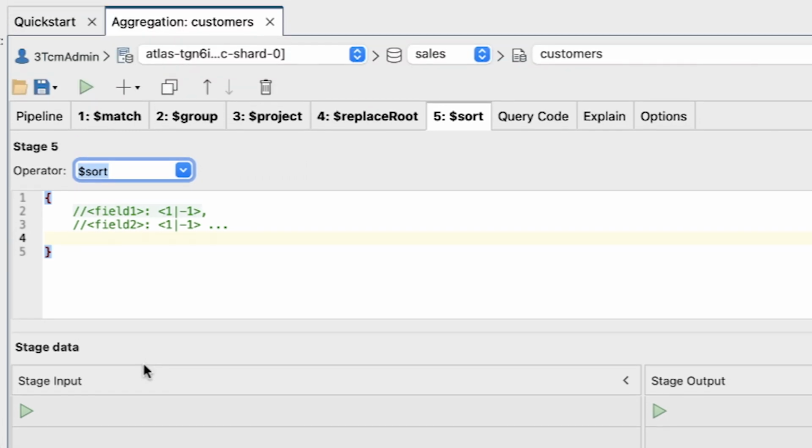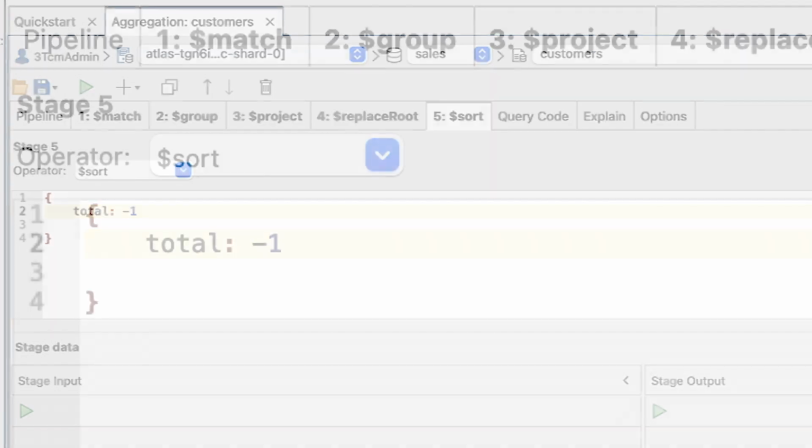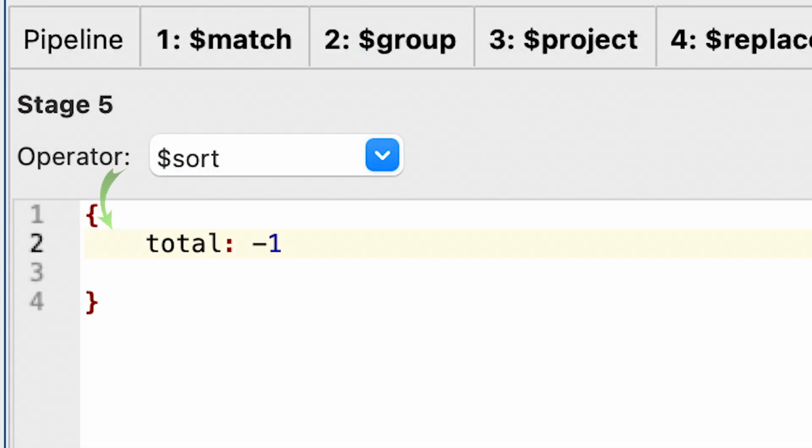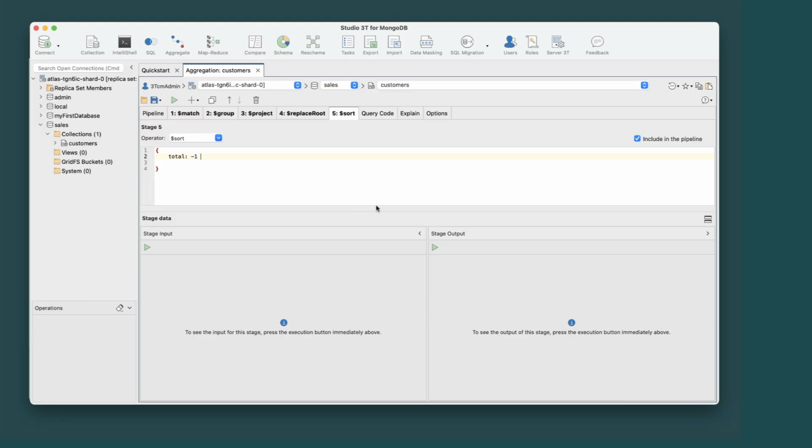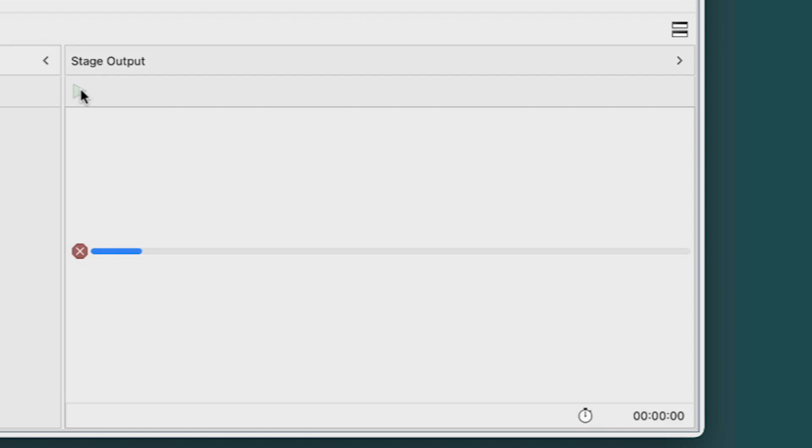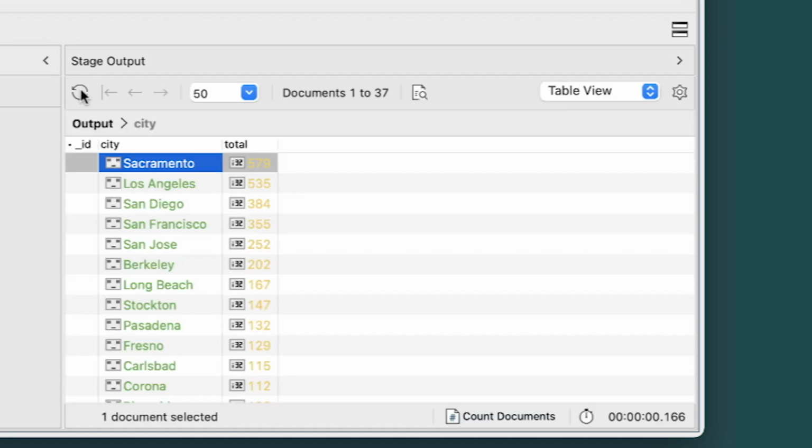The aggregation editor will add 2 lines of placeholder comments by default. In the editor window, delete the placeholders and type the following expression. The expression specifies that the documents should be sorted by the total field in descending order, as indicated by the -1 value. In the Stage Output pane, click the Execute button to execute the pipeline up to and including the